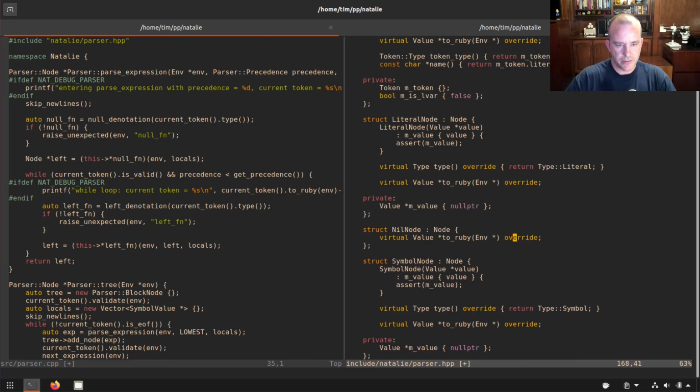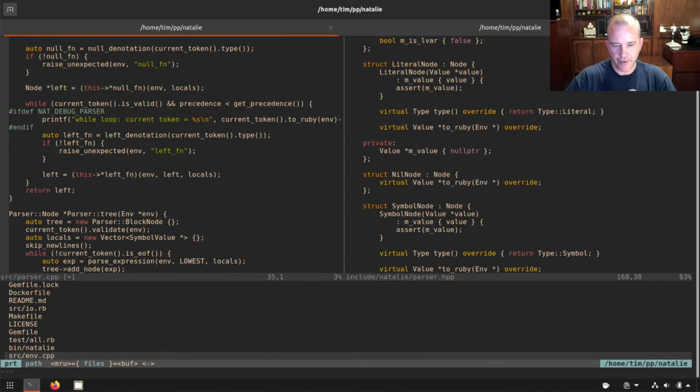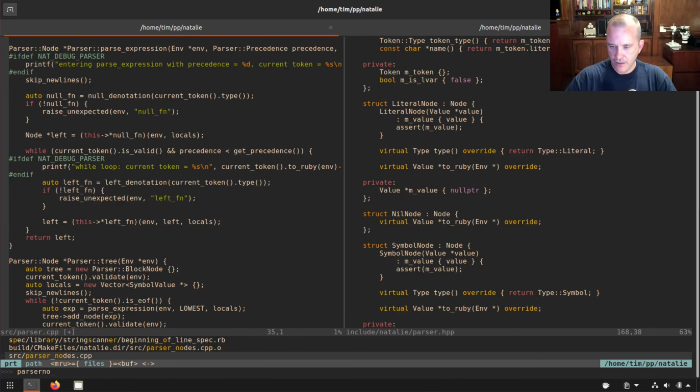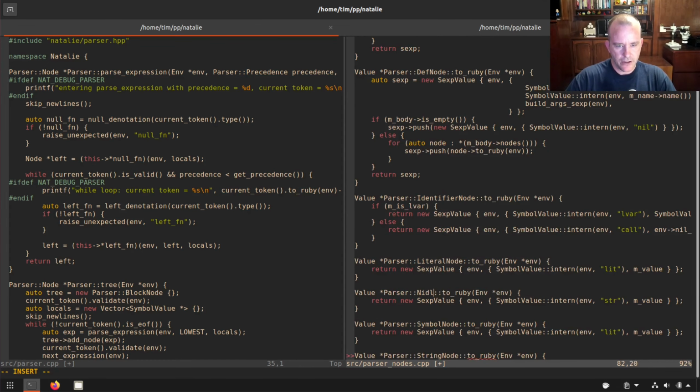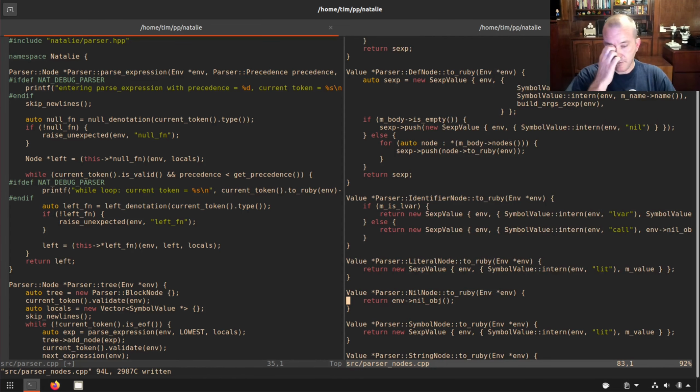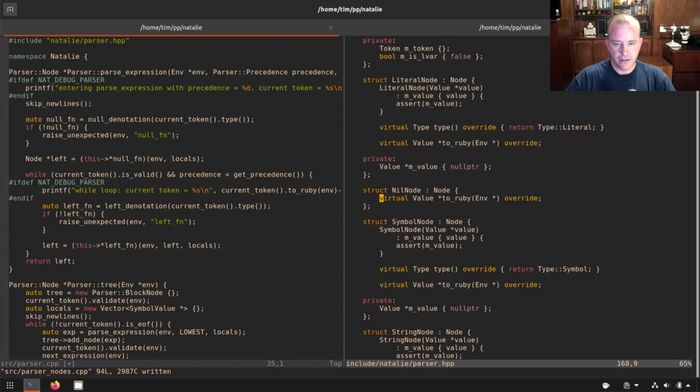I could probably make it inline, but my brain just can't handle that, so I'll never be able to find it later. Let's put this here and say nil node toRuby. It just returns nil. Pretty simple implementation. It's not going to do a whole lot there, but we need that